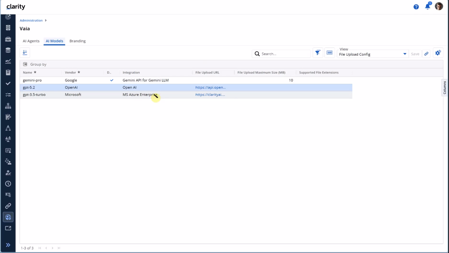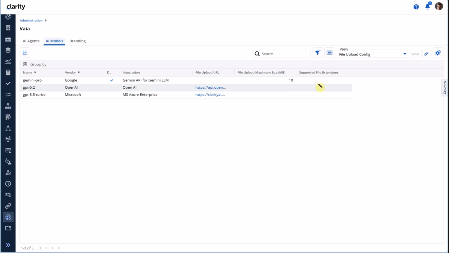you are using. The second parameter is if you wanted to restrict the size of the file that you can include in your agent, then you can configure that right here. Like in my example, I've configured my Gemini to only allow up to 10 megabyte file size. So an individual file can maximum be of the size 10 megabytes. If you do not populate this value, then we will use the Clarity's default file size restriction in terms of